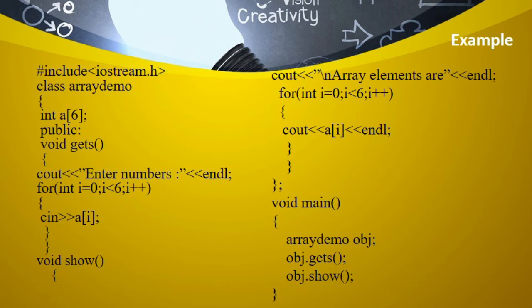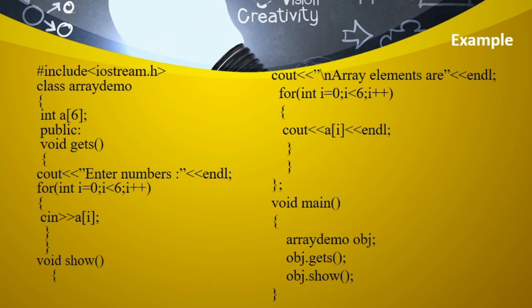Inside the block, the input statement is included. Now the value of i is 0. So the a[0] input is stored inside the array variable. The value is received from the user, and the first value is stored as a[0]. Again the i value gets incremented and the condition is checked.